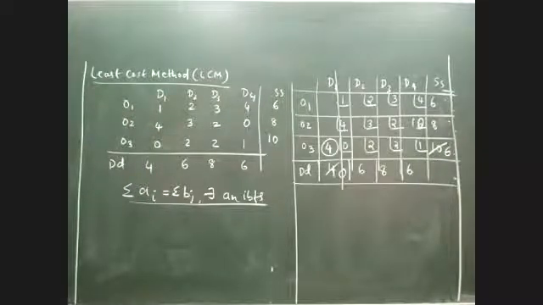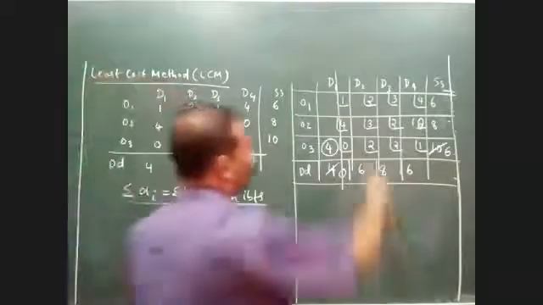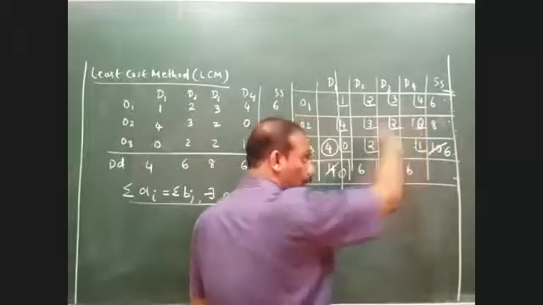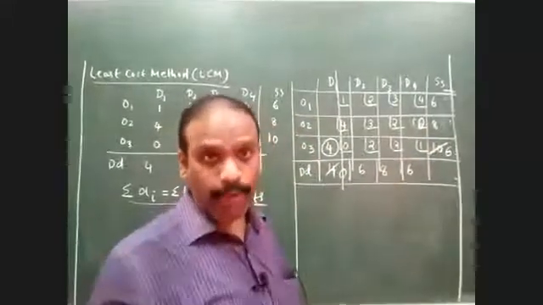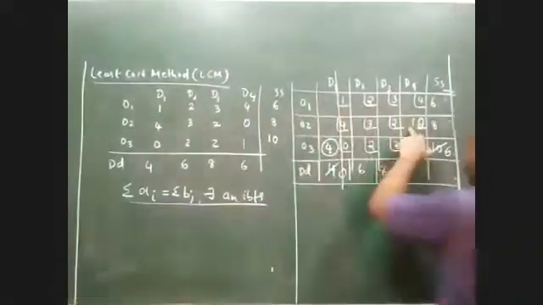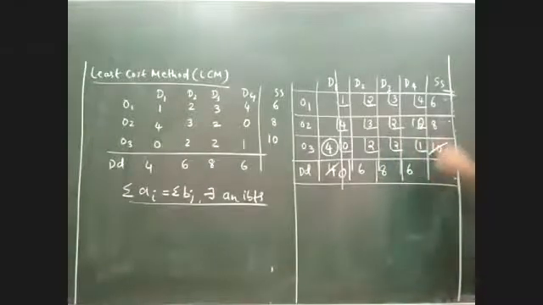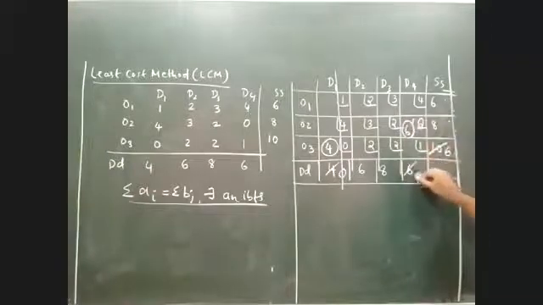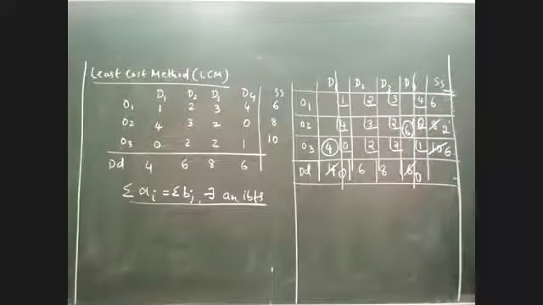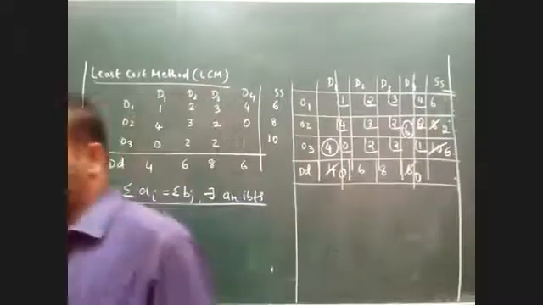From the reduced matrix now, can anybody tell me which is the lowest value? 0, sir. Yes, obviously from the reduced matrix, the lowest element is 0. Suppose again if there are any repeated values, then you can select any one randomly, absolutely no problem. So 0 is the lowest value. Compare the supply and demand. 8 and 6 are there, therefore I can give 6. If I'm giving 6 here, this becomes 0 and this becomes 2. Since this is 0, the column D4 is removed. Now the matrix is further reduced. Can you please tell me in the reduced matrix which is the lowest value?